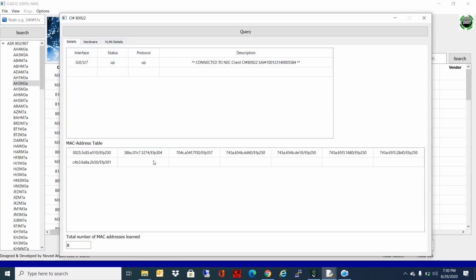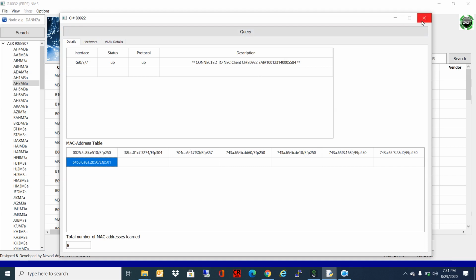Once we query the data, it will display the fresh information, the new information from the ASR. So here we can see 250 is the VLAN ID, and again from where this MAC address is learned. It is showing all the VLANs with the MAC addresses as well.